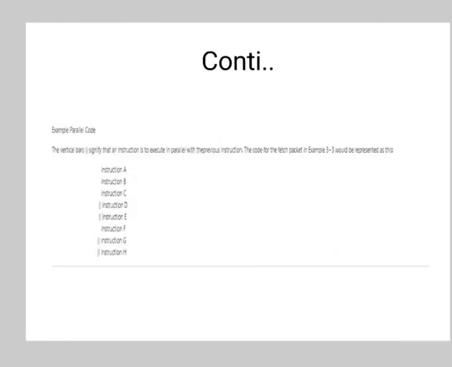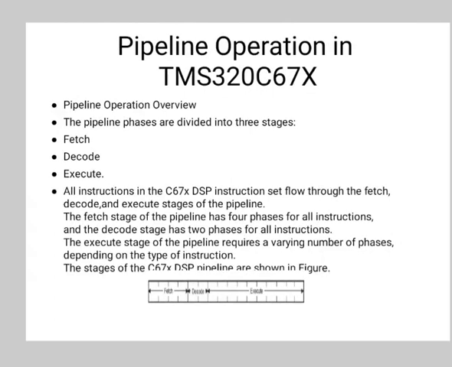of an execute packet. If a branch into the middle of an execute packet occurs, then all instructions at lower address are ignored. So if a branch to the address containing instruction D occurs, then only D and E execute. Even though the instruction C is in the same execute packet, it is ignored. The instructions A and B are also ignored because they are in an earlier execute packet. Next point is pipeline operation.